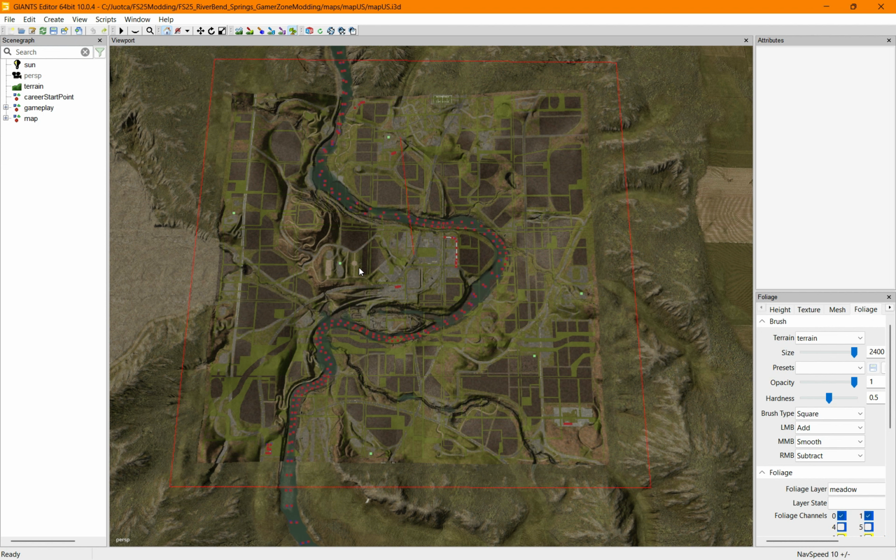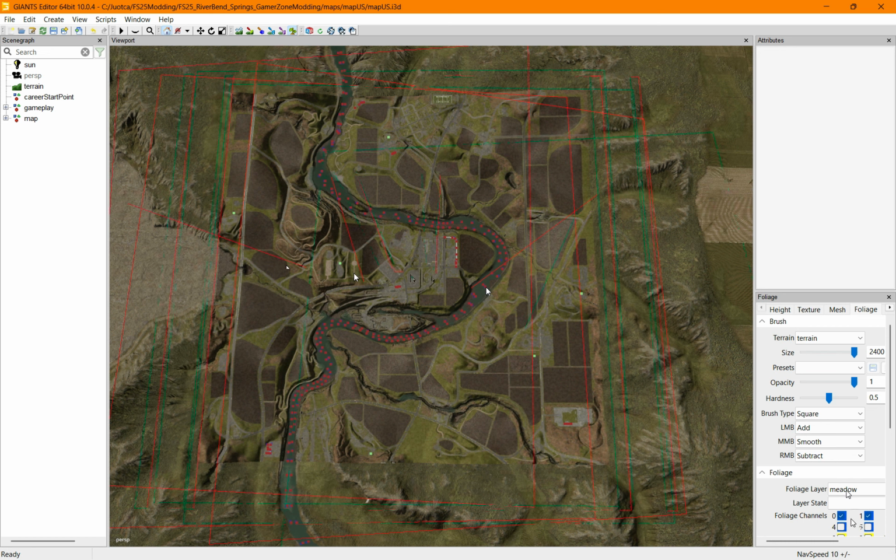So we are removing unnecessary grass that was in my modified map fruit density map. So we are removing that. You see, it is done. You see, it is back to normal without grass. Now we need to